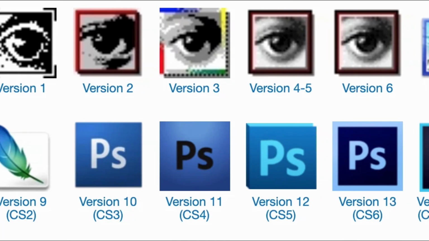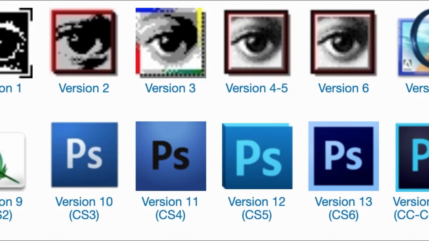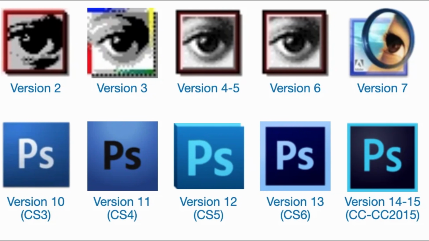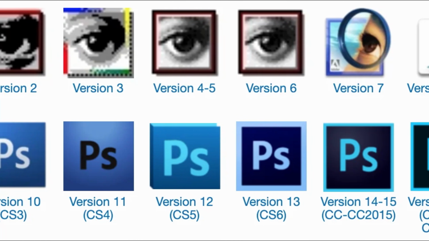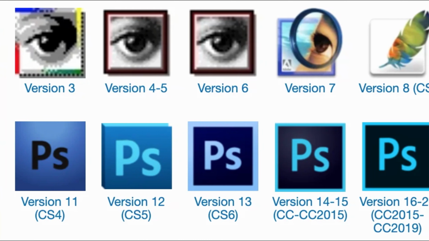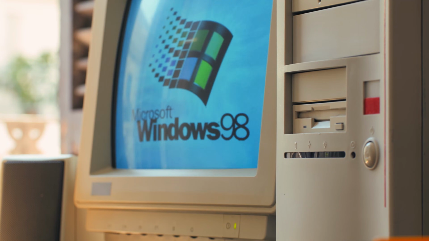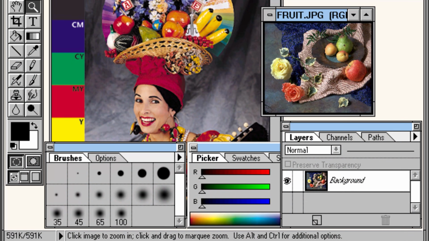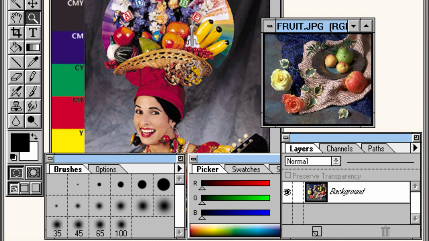Photoshop didn't become dominant by accident. It evolved, pivoted, and kept adding what creatives and professionals needed. Over successive versions, it added features that transformed it from a quirky academic tool to an industry essential. In the early 90s, support for Windows came, broadening its reach beyond Mac users. In 1994, version 3.0 introduced layers.